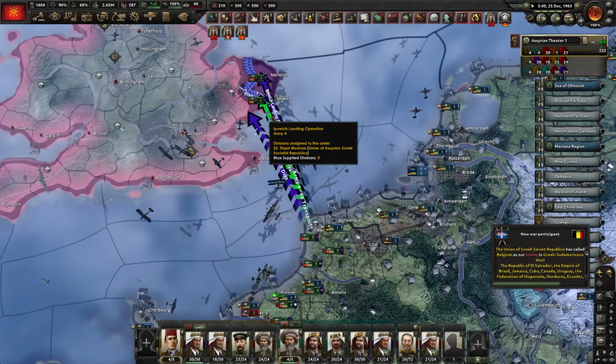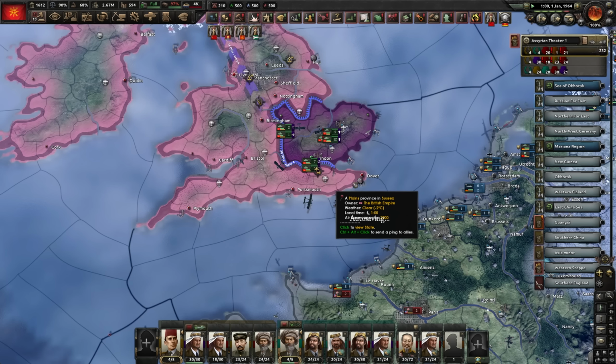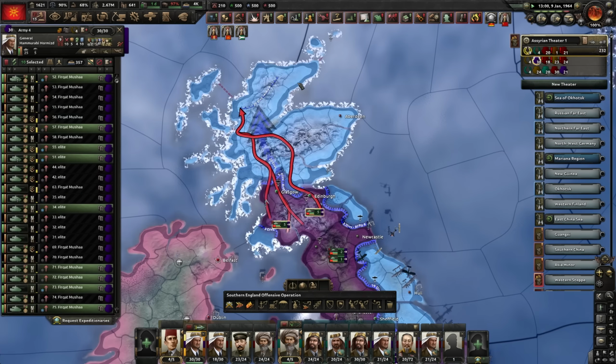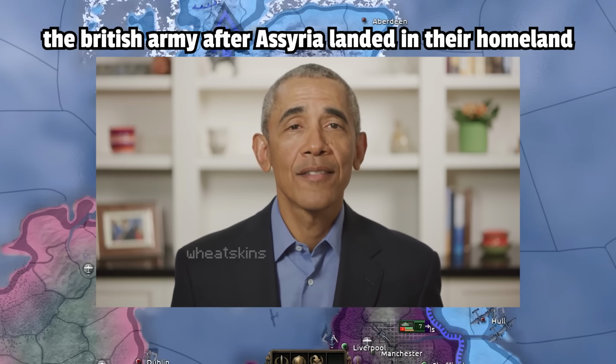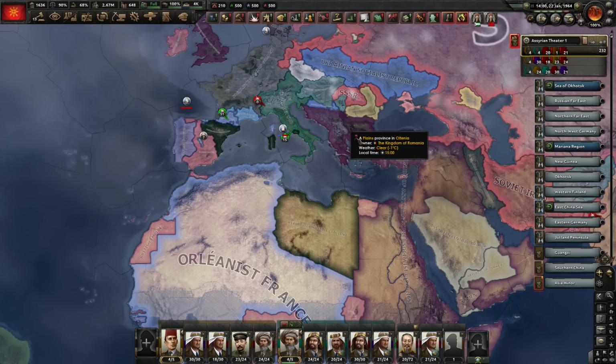And absolutely no resistance. Absolutely pathetic. You will not be remembered, Britain. And London has fallen to Assyria. And that's it for the British Empire. You know, for being the leader of the faction, a bit of a disappointing display on the home islands, but it's whatever. Now all that should remain is India, which is actually...